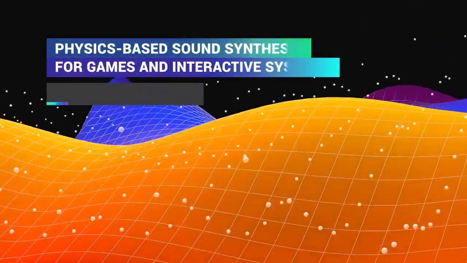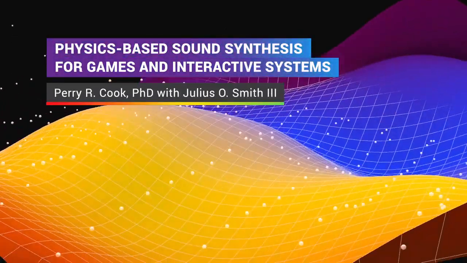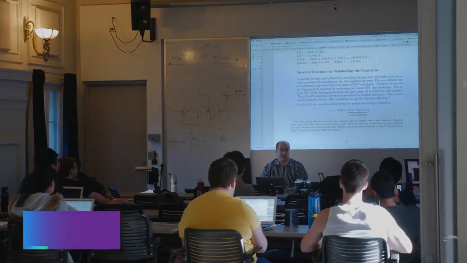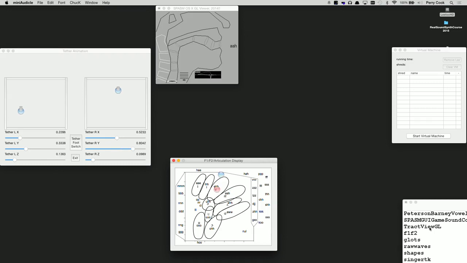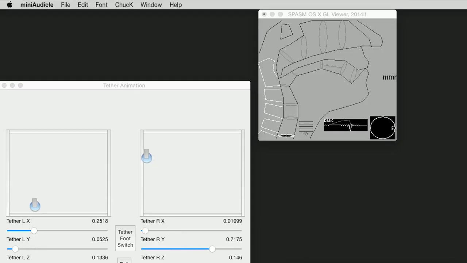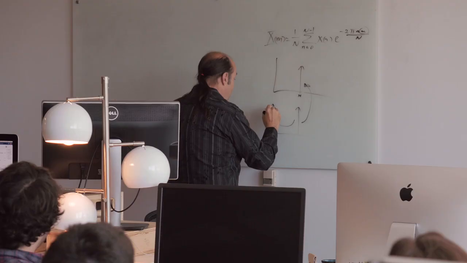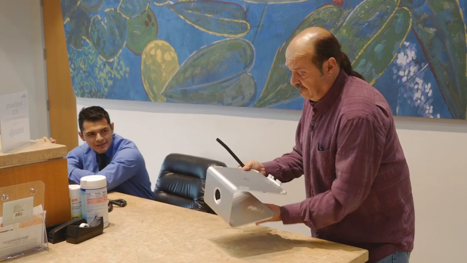I'm Perry Cook, and I'll be teaching a class called Physics-Based Sound Synthesis for Games and Interactive Systems. I'll also be joined by Stanford's world-famous physical modeling expert, Julius O. Smith. This course is about synthesizing and processing sound, motivated and informed by the physics of actual sound-producing objects and systems. We will focus on real-world interaction sounds with an eye toward applying our techniques in games,